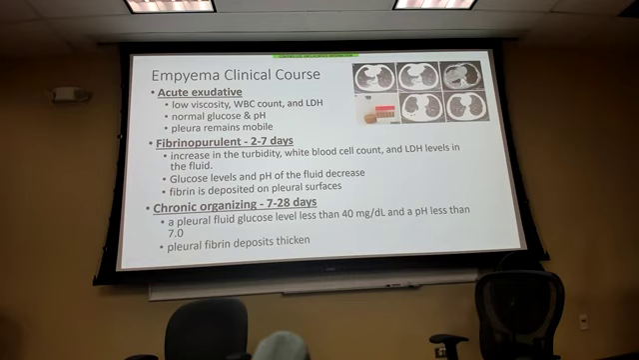Then after a couple days, the fluid inside starts to become more turbid, starts to become thicker. You have a higher white cell count, higher LDH levels, but the glucose and the pH go down. Why do you think that is? Bacteria like eating glucose, okay? So you're feeding the bacteria. And then you get the start of the rind. It's this fibrous material, fibrin, that deposits on the outside of this,